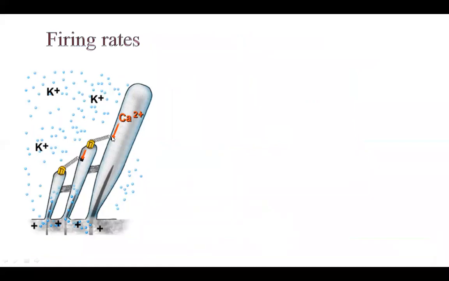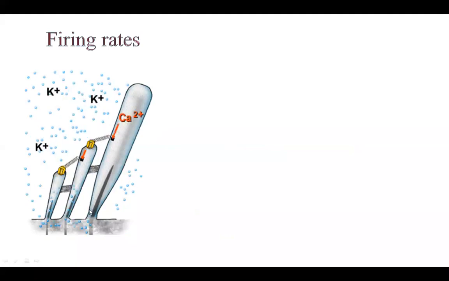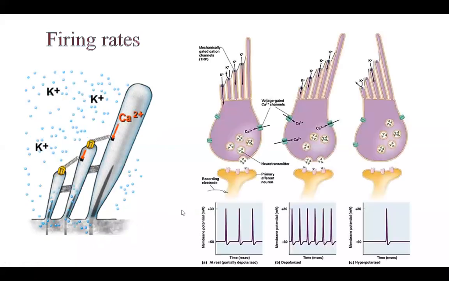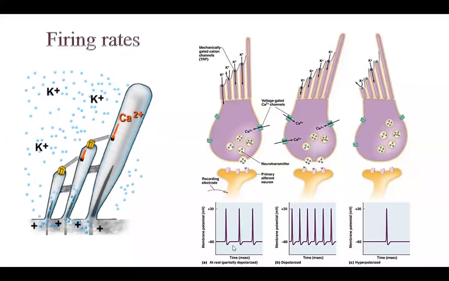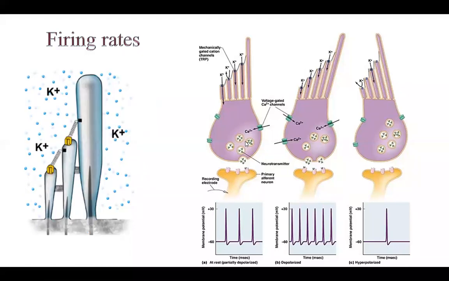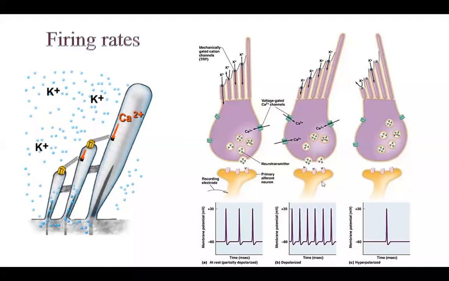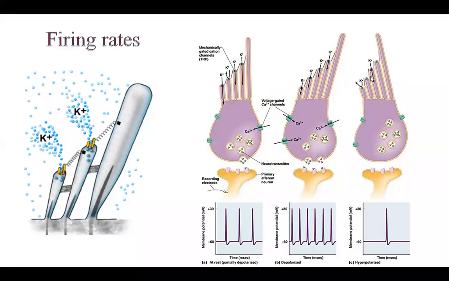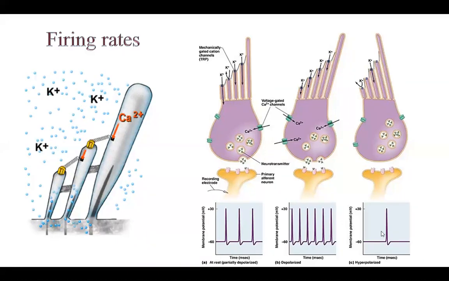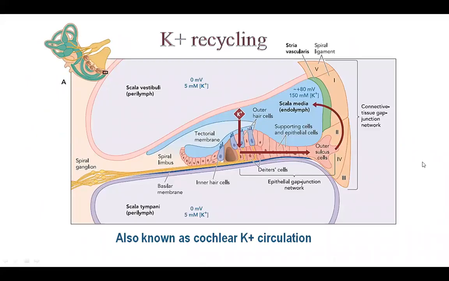The movement towards the taller one opens these channels, because of which the potassium will enter inside, and depolarization occurs. At resting state, the cells are partially depolarized, meaning some potassium entry usually occurs. If there is depolarization, more potassium enters inside, so the firing will increase. With the movement away from the kinocilium, the firing reduces. So this is hyperpolarization. Let us see how the potassium gets recycled.